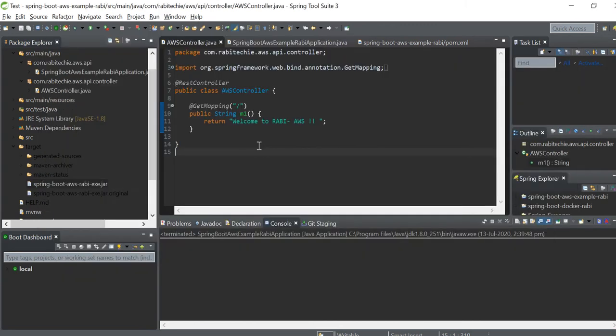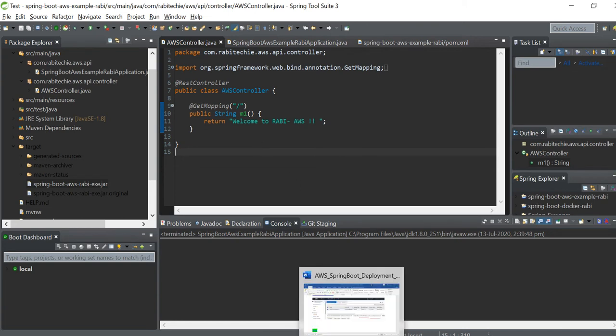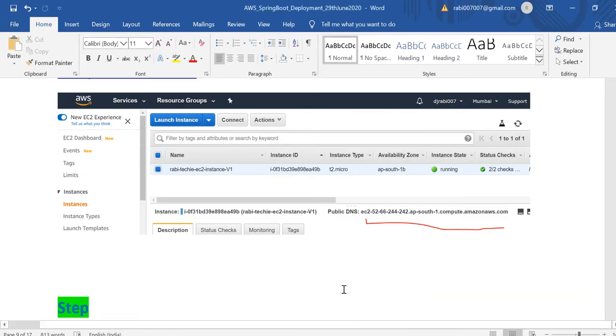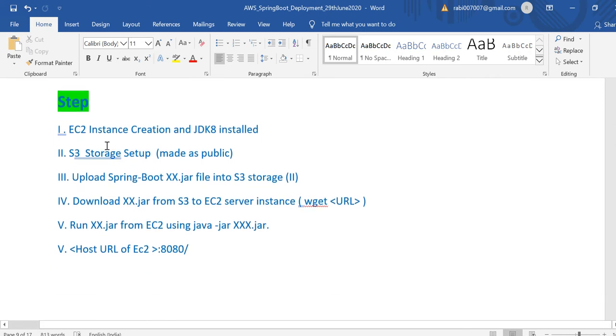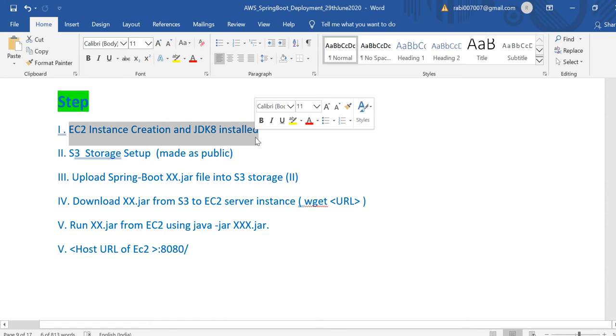Now, how will EC2 get that? Before that, you need to follow these steps. EC2 instance creation and JDK installation, which I have already done, and then the S3 storage setup, made public.